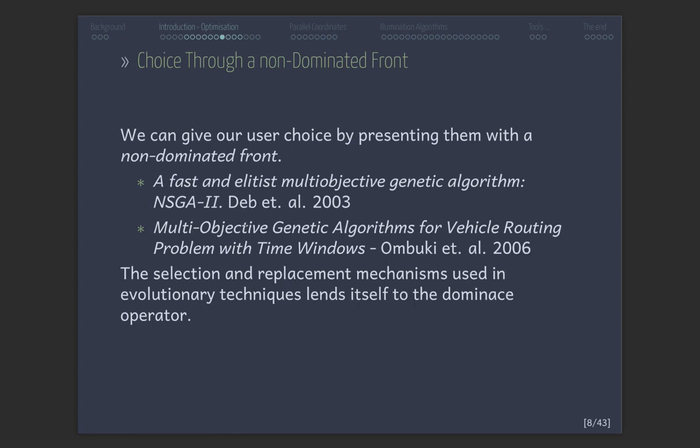So one of the things we can do is to create a set of non-dominated solutions. Rather than running our optimizer to produce a single solution, we can say here's a set of non-dominated solutions. As soon as we have more than one objective, we can produce this set of non-dominated solutions. This set is sometimes incorrectly referred to as a Pareto front, it's more correctly known as a non-dominated front. The reason being that for a given problem, the Pareto front is the best set of non-dominated solutions that can be found ever, the optimal set if you like, whereas a non-dominated front is simply a set of solutions